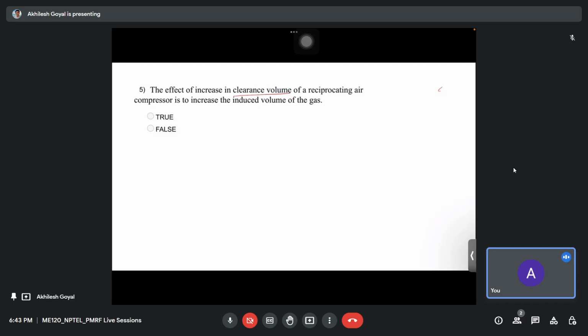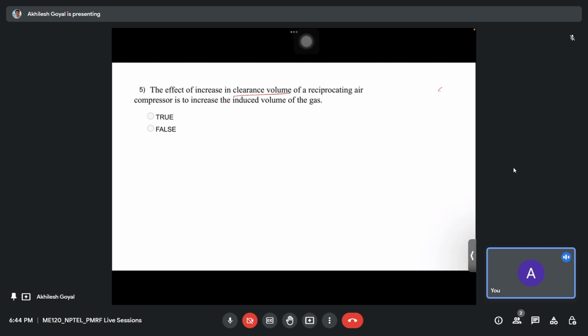As the clearance volume is higher, more gas is present in it, which means more expansion of the gas will be there. The more gas there is for expansion means there is less space for the